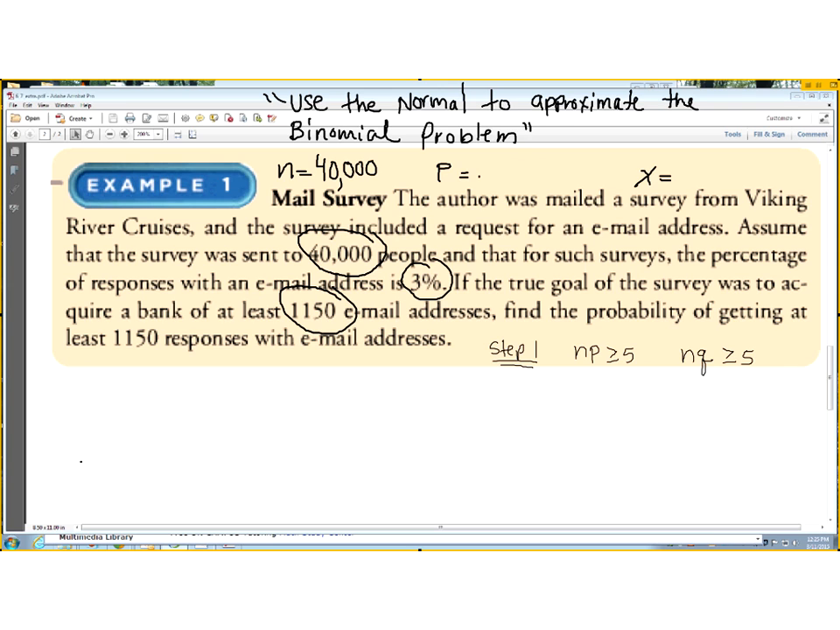All right, so always turn it into a decimal. 0.03 is your probability, right? From that 3%, you always turn it into a decimal. Okay, now x here, it says at least